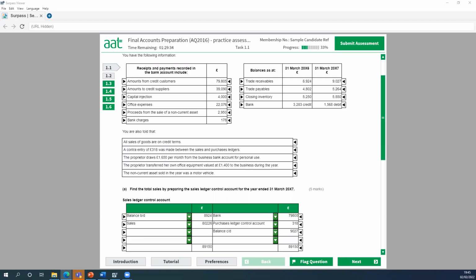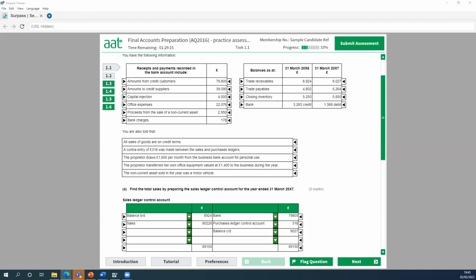So as far as this question is concerned, it's an incomplete records question. I always tell students to write down the information you've got to find out the information that's missing. To save time, I've already completed the various accounts, but I'll explain the process as we're going along, so hopefully